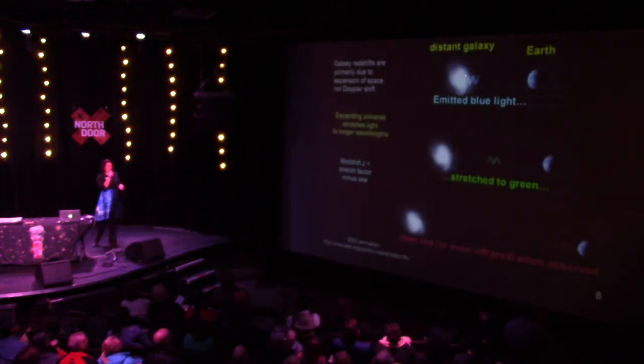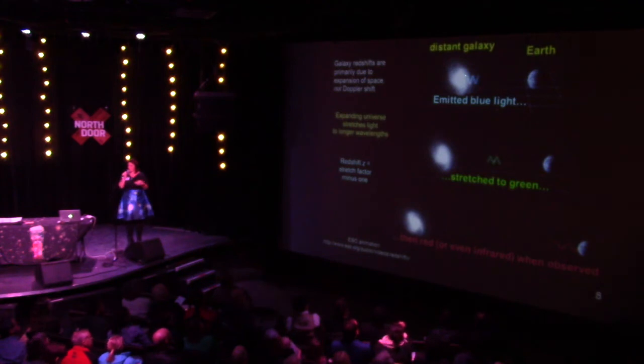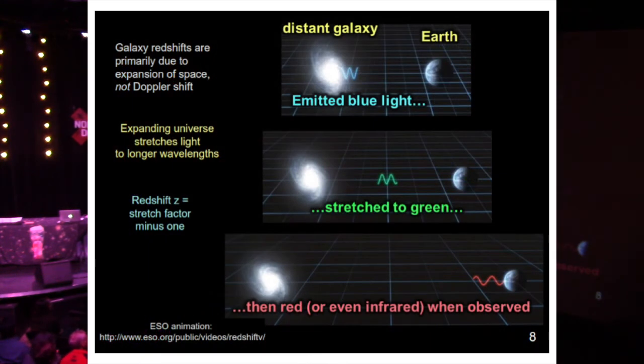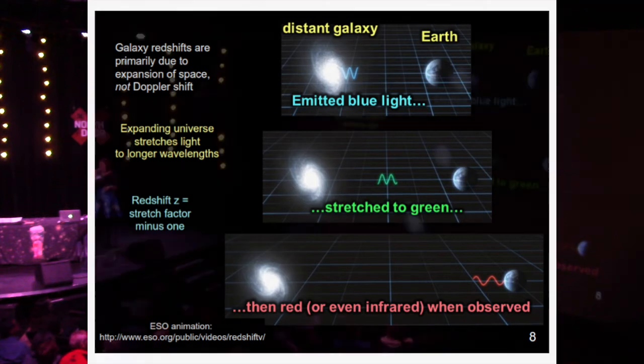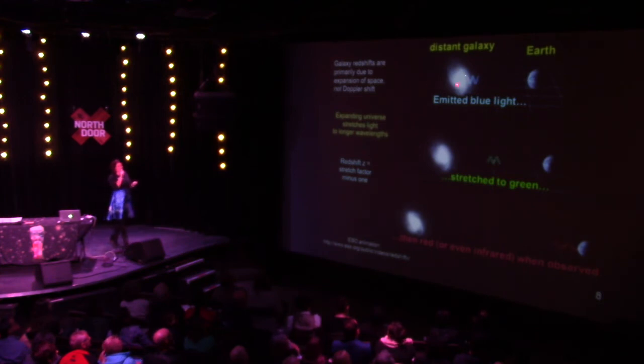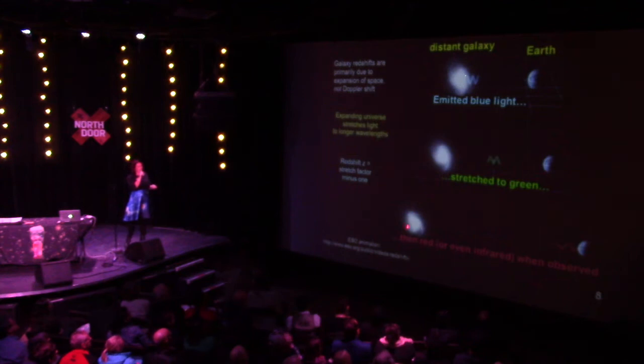And so what happens is the light that's emitted from galaxies actually gets stretched out as the universe expands. So the distance between things, like if you have a grid point, the distance in your grid points actually expands. And so that stretches out the wavelengths of light that we see. So if I see a galaxy that's emitted blue light, here at the top you see this blue galaxy has emitted some short blue wavelengths of light. Over time, as further and further away it gets, there's this